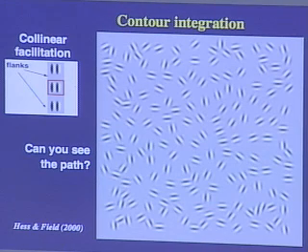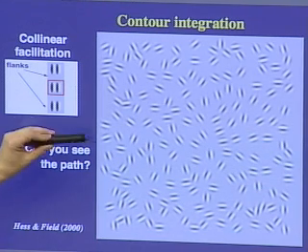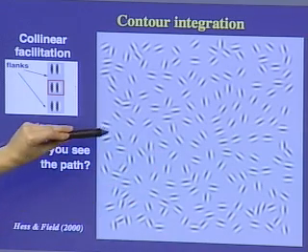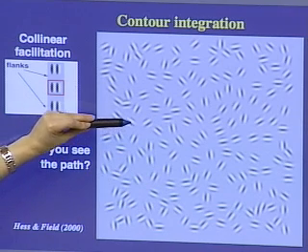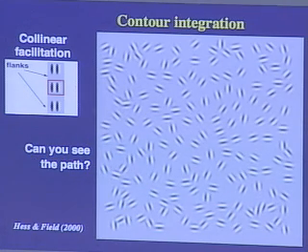these collinear facilitation effects have been thought to play a role in perceptual contour integration, which is the mechanism by which our visual system can extract a path, see, this is curvature perception, of partly co-aligned Gabor patches in a noisy environment. Whereas the suppressive interactions of the kind that I showed you before using these large gratings have been thought to play a role more in figure-ground segregation and in the perception of occluded surfaces.